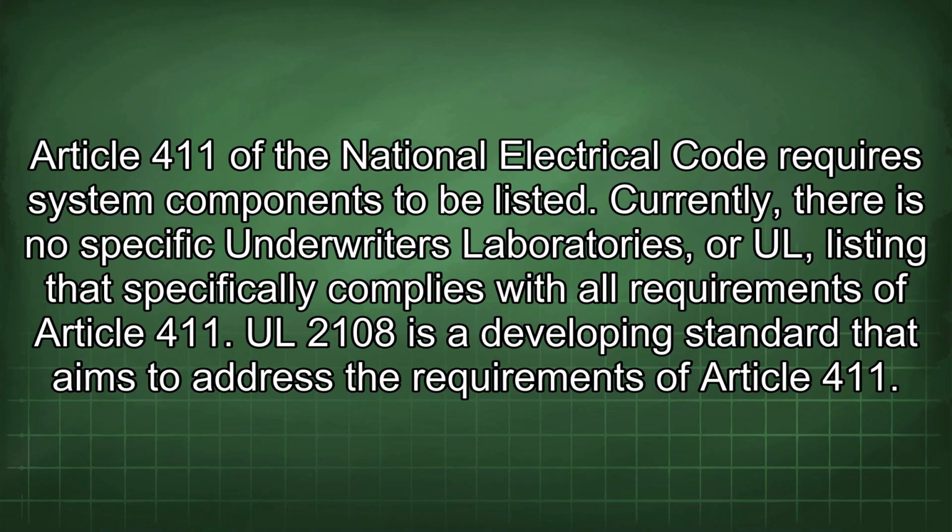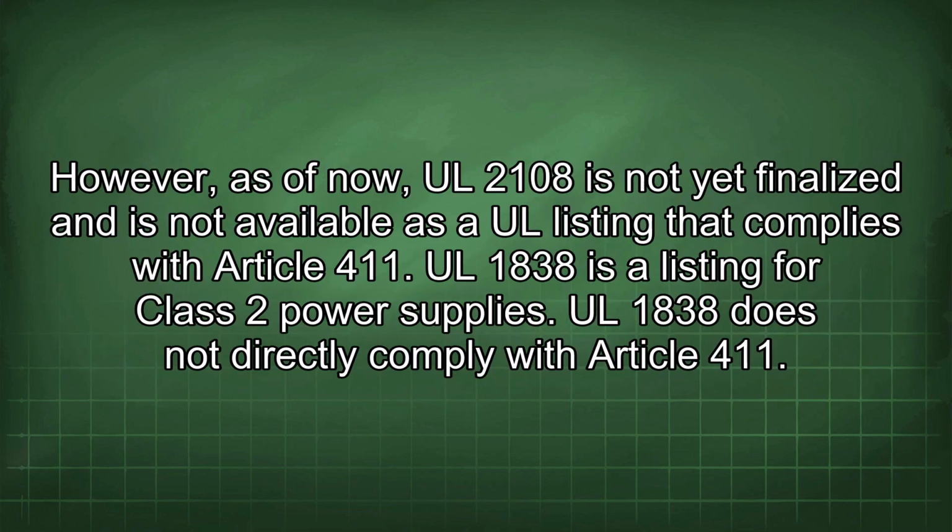Article 411 of the National Electrical Code requires system components to be listed. Currently, there is no specific Underwriters Laboratories or other listing that specifically complies with all requirements of Article 411. UL 2108 is a developing standard that aims to address the requirements of Article 411. However, as of now, UL 2108 is not yet finalized and is not available as a UL listing that complies